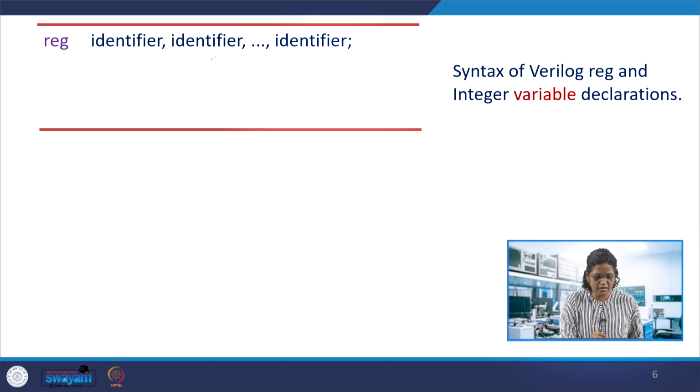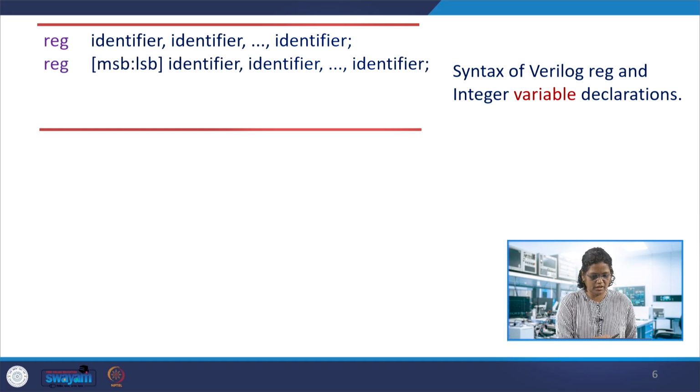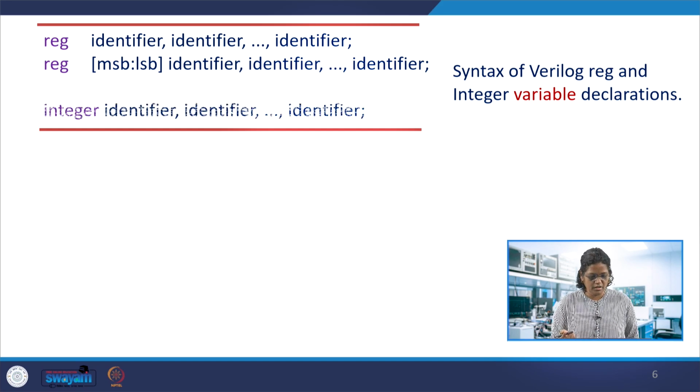This is the syntax of the variable declaration. Identifiers can be comma separated on a single line, and reg can also be multi-bit. For the multi-bit case, the range from LSB to MSB needs to be specified, which tells the type of bits and how many bits are in the identifiers.